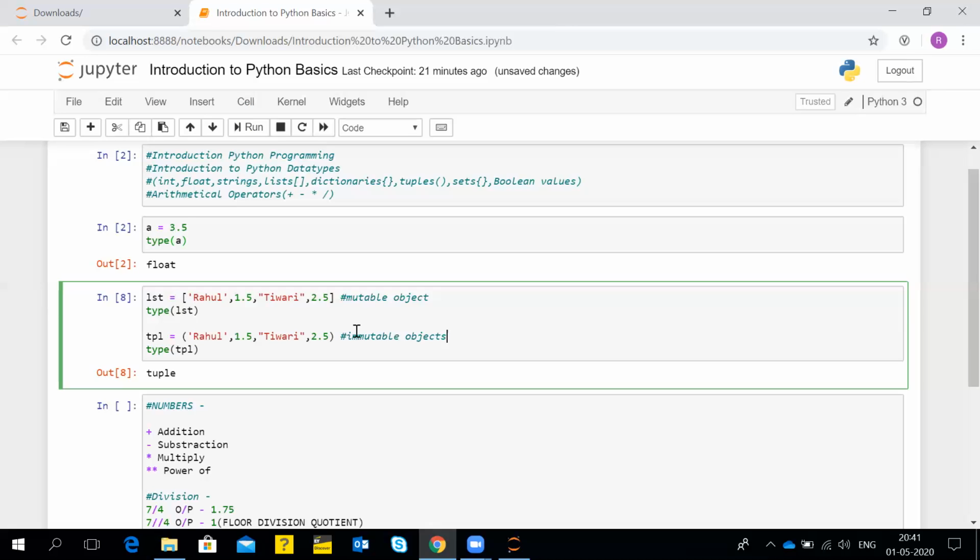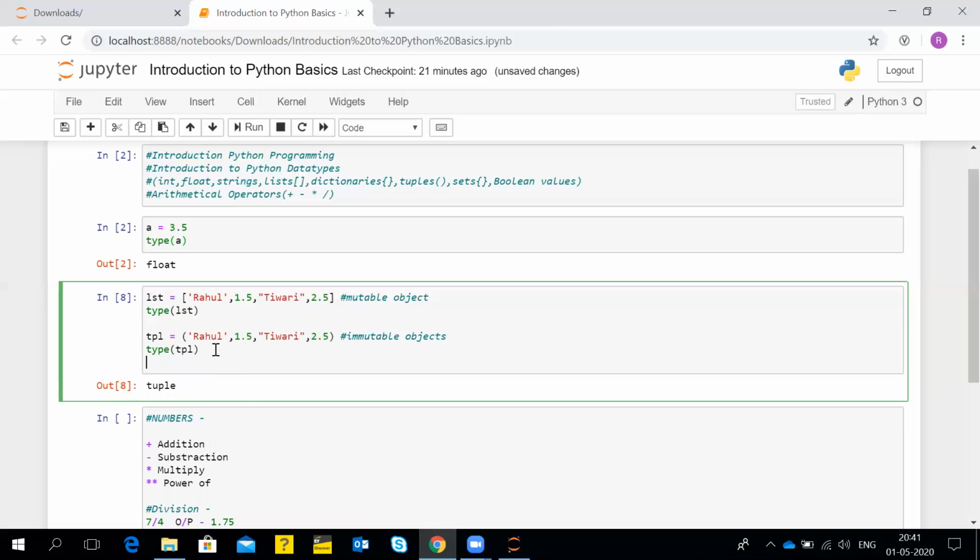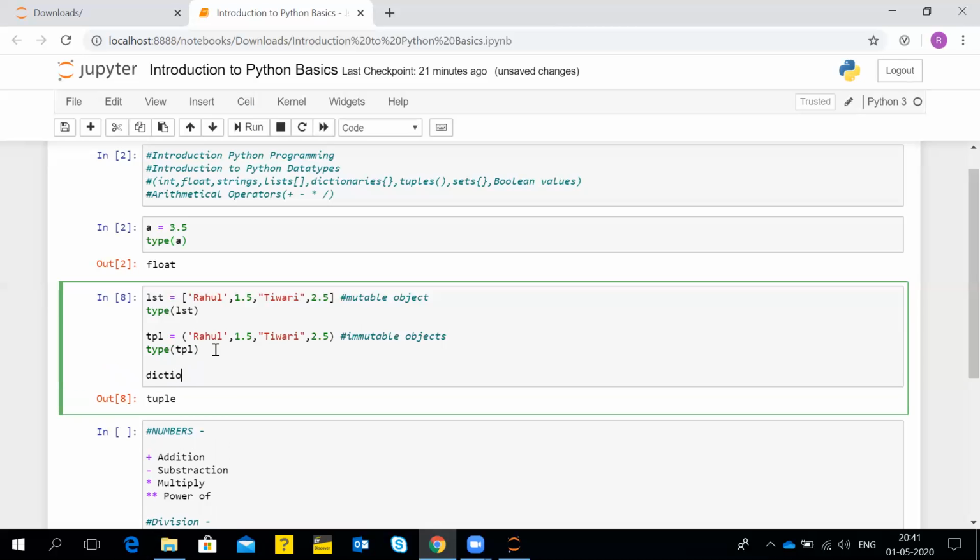So coming on to dictionaries. A dictionary is a kind of data object which stores the values in the form of key value pairs.